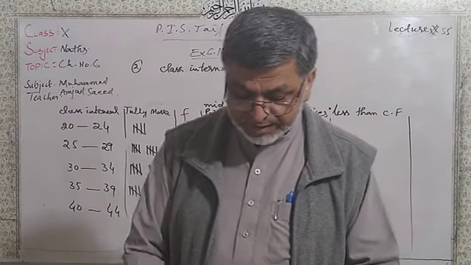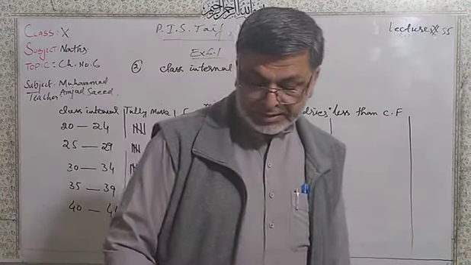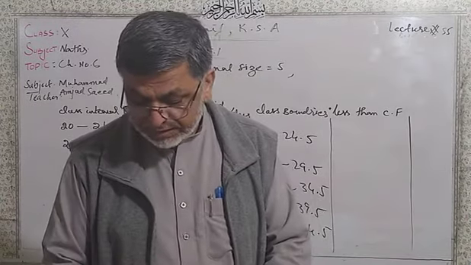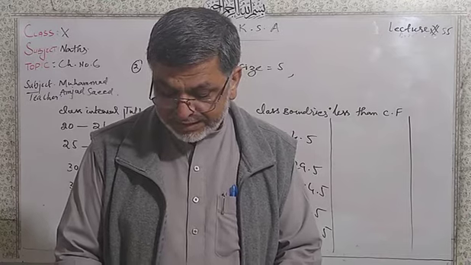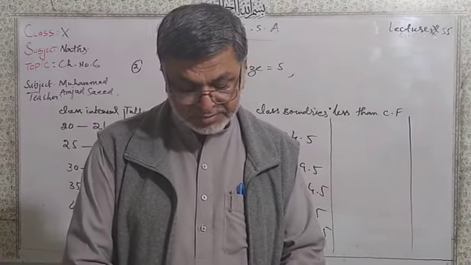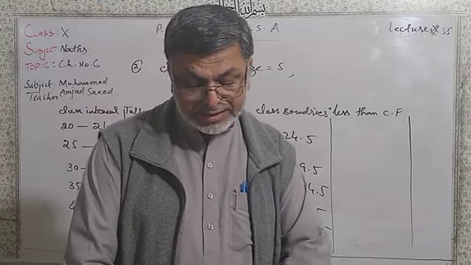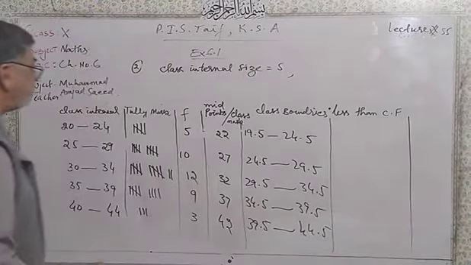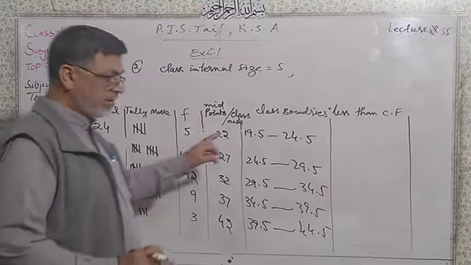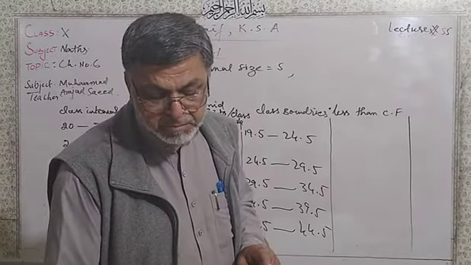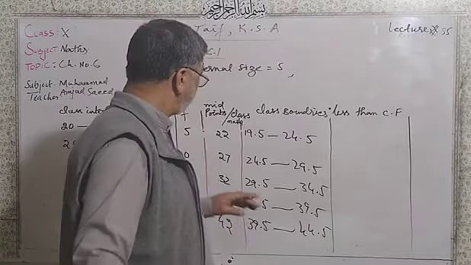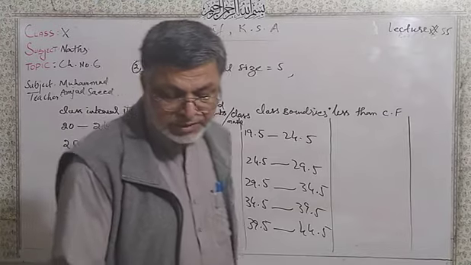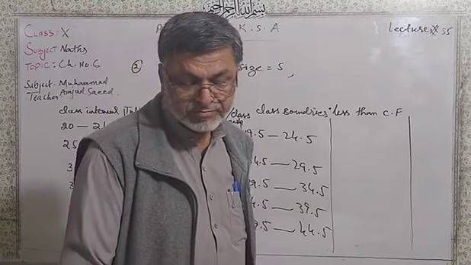So less than cumulative frequency. Less than cumulative frequency distribution. So less than 3.5, rather, this is less than 24.5. Less than 24.5 is